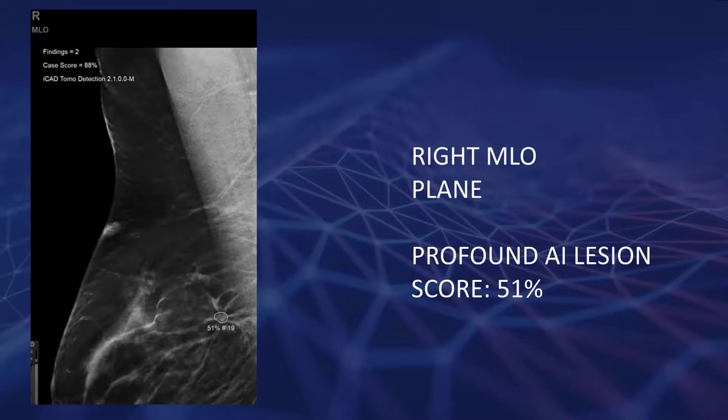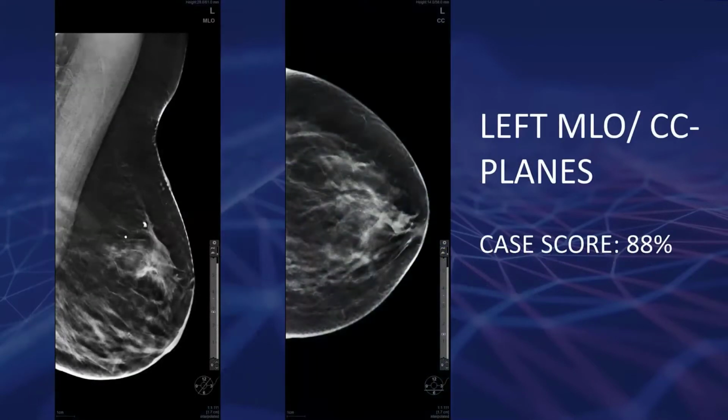He did say that he's not sure if he just had tunnel vision from both of these masses or if it was a result of him just having a busy day, but he felt like he probably didn't do as good of a job as he should have looking through all the images on the left breast. So fortunately, we had Profound AI at this point in time. And if you want to go ahead and play the videos,